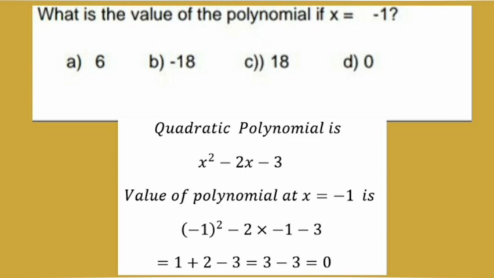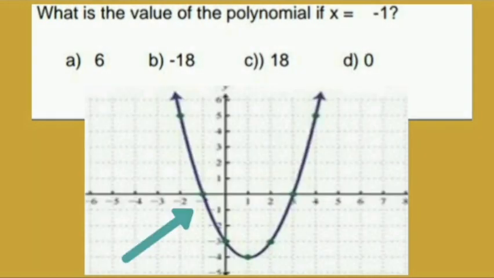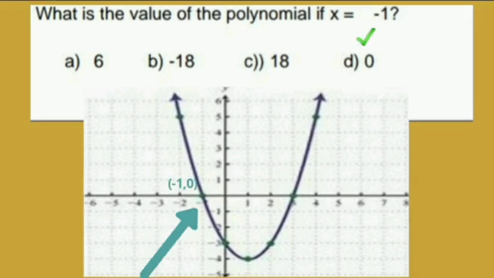So for x equal to minus 1, the answer is 0. So D, 0 is the correct option. Further, for this part, you can also locate the answer from the graph. You will find the point that is x equal to minus 1 on the graph of this polynomial, and you will see what the point represents, that is exactly the point in the form minus 1, 0 here. So for x equal to minus 1, we have the answer as y equal to 0. Because we know in this xy graph, we are actually representing y equal to ax square plus bx plus c.